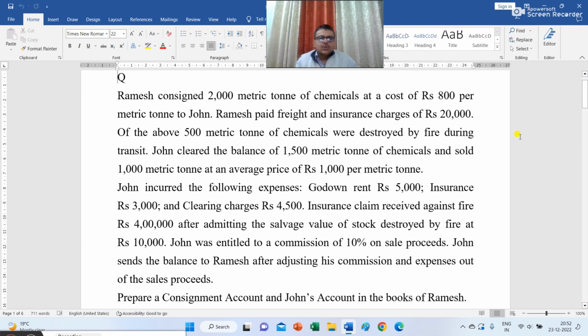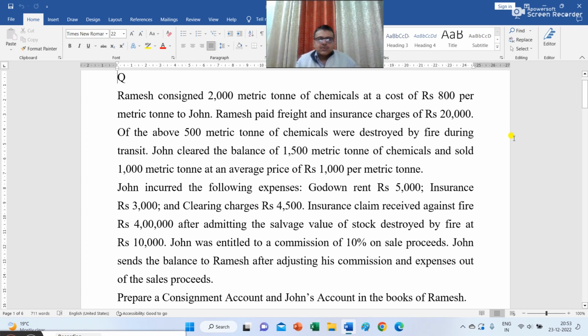Ramesh consigned 2000 metric ton of chemicals at a cost of rupees 800 per metric ton to John. Ramesh paid freight and insurance charges of rupees 20,000. Of the above, 500 metric tons of chemicals were destroyed by fire during transit. John cleared the balance of 1,500 metric ton of chemicals and sold 1,000 metric ton at an average price of 1,000 per metric ton. John incurred the following expenses: godown rent rupees 5,000, insurance rupees 3,000 and clearing charges rupees